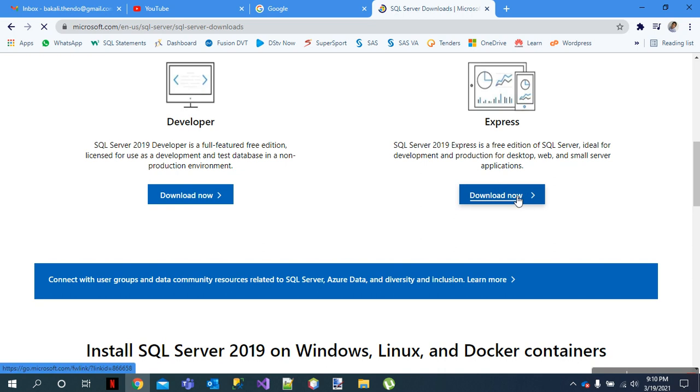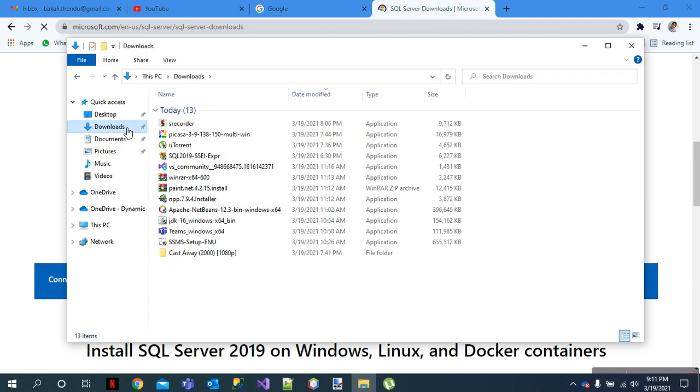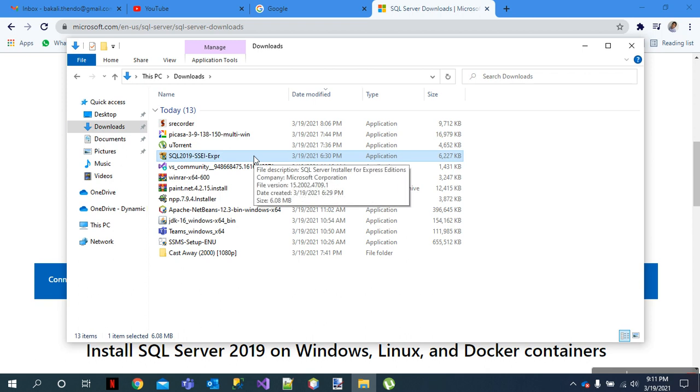I usually download this Microsoft Express, and once it's downloaded, I will find it here under my downloads. Here's the file, and once you click this, it will attempt to install. You accept the conditions, then it will install SQL Server for you. The edition for this is called Express, right?